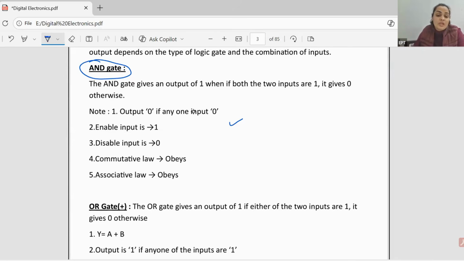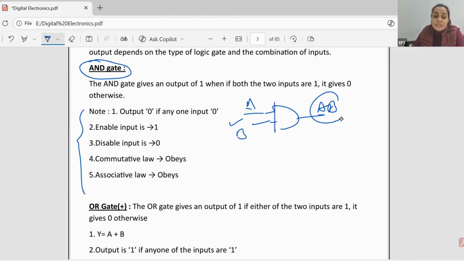So you can quickly revise all these things, right? See, these things are very important. I know everybody knows that an A AND B gate is going to be A into B only, but these things are equally important. How will you enable this gate? Enable means, see, if you have connected 0 here, if this terminal is grounded, so the